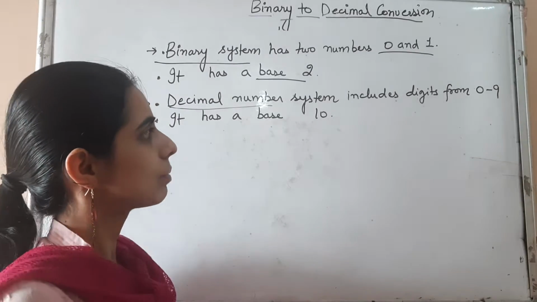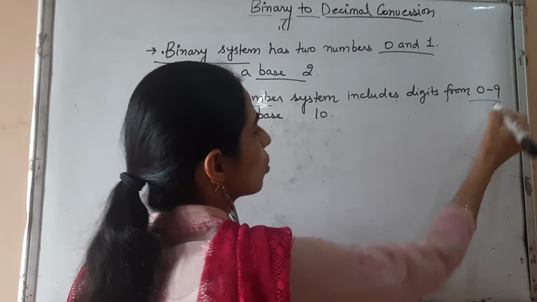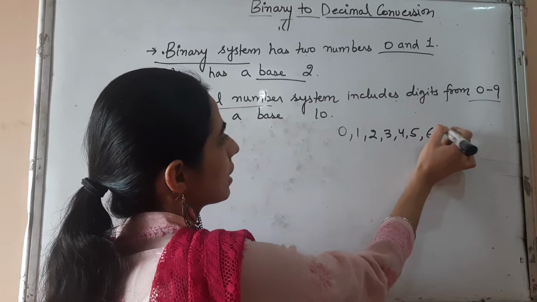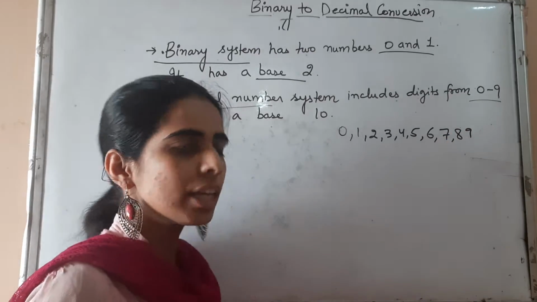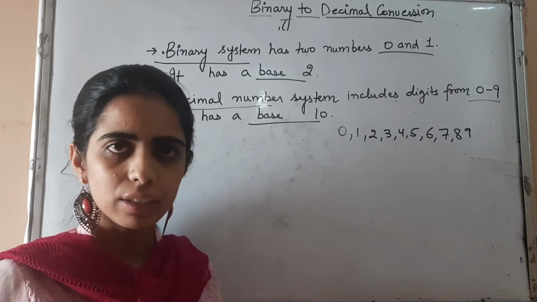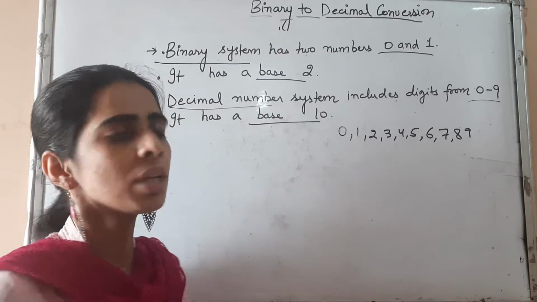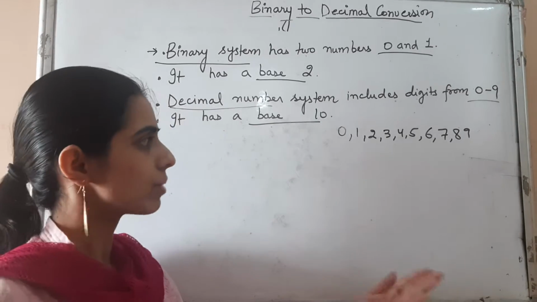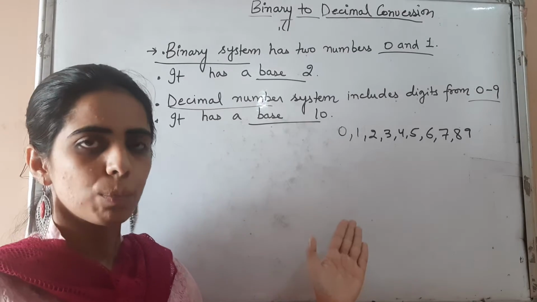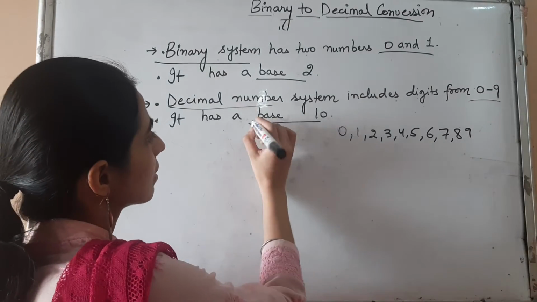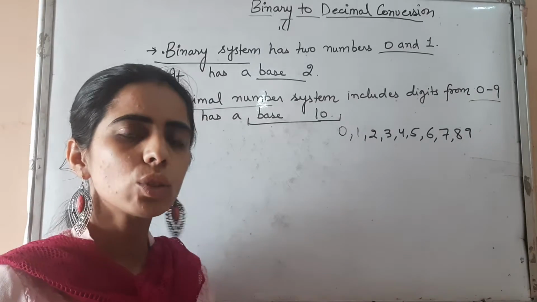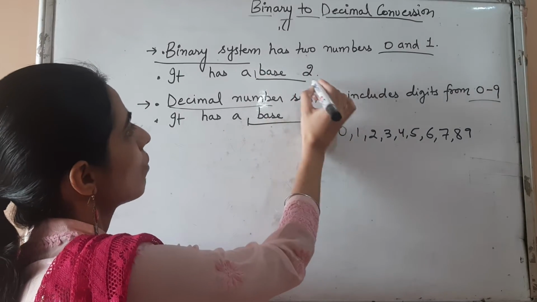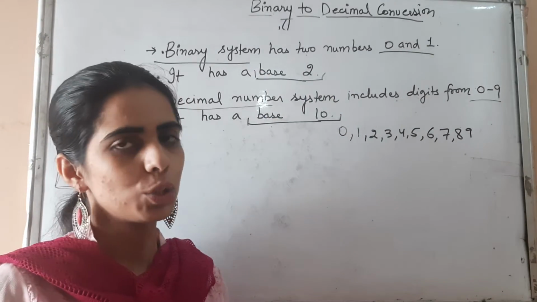So moving on to the decimal number system, children. This decimal number system has all the digits from 0 to 9, means it has 0, 1, 2, 3, 4, 5, 6, 7, 8 and 9. Right. So decimal number system, which we study in mathematics also. Yes, our decimal number system is made up of 10 digits from 0 to 9, which are written on your screen in front of you, right? So it has a base of 10. Yes, children, so the base of decimal number system, please always remember it is going to be 10, and the base of binary number system is always 2, right?